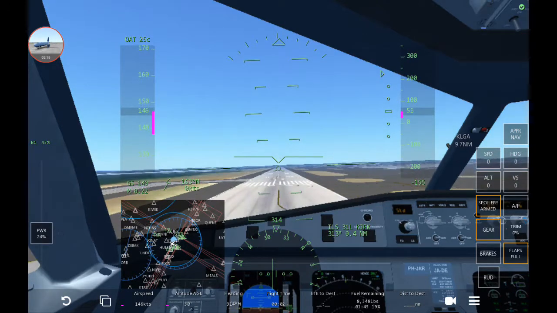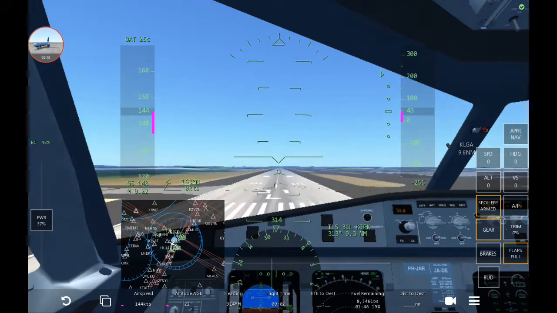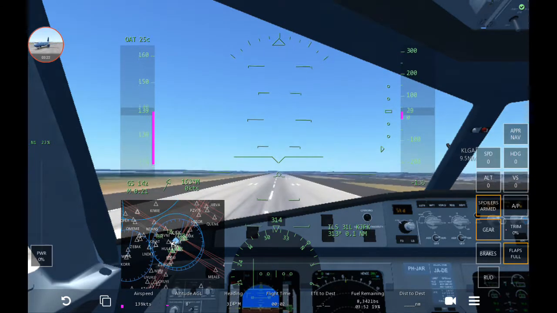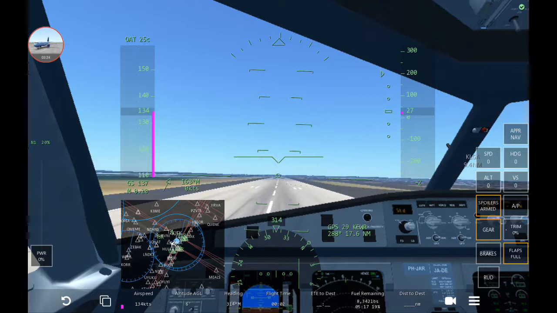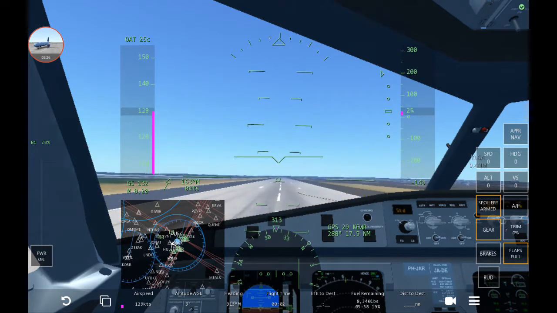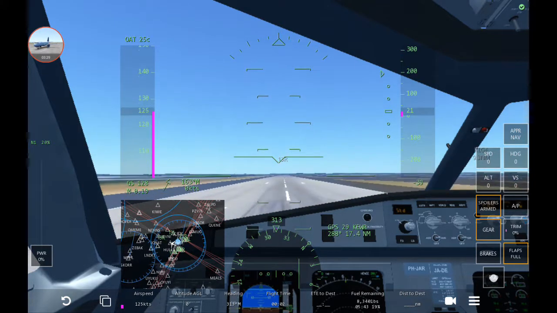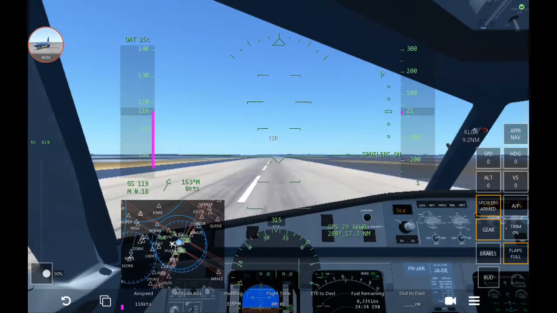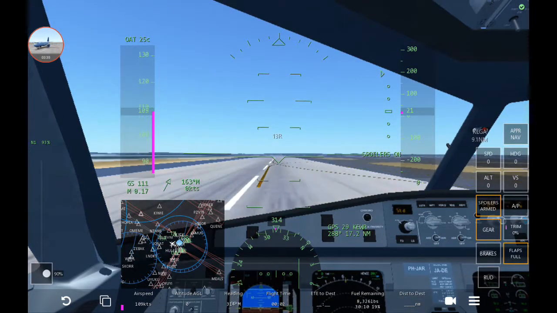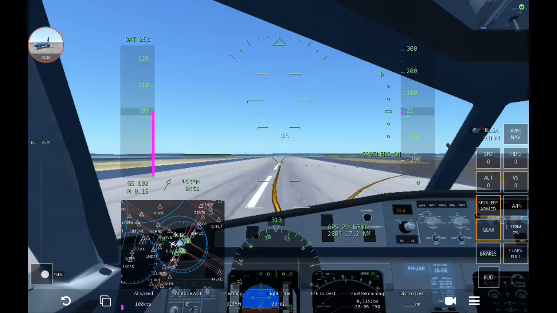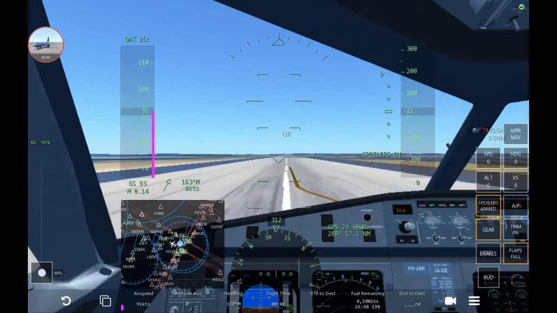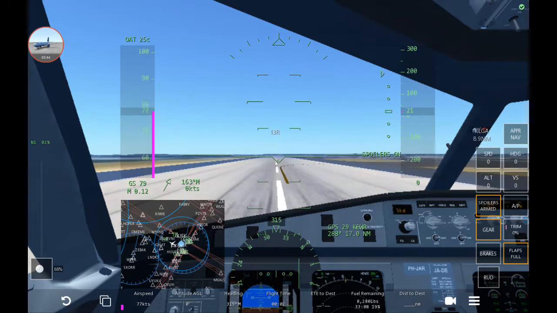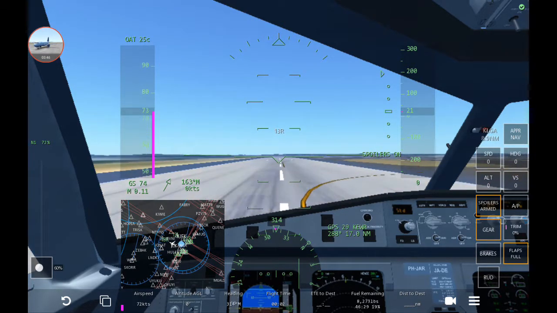100 feet a minute. 30, so to hit 20, retard, flare it, hold it. It's always good to kick your rudder just a bit if you're off the center line, so gently throw your aircraft onto the center line here. The landing was a bit off of the touchdown zone,